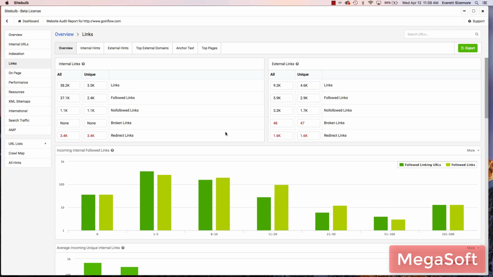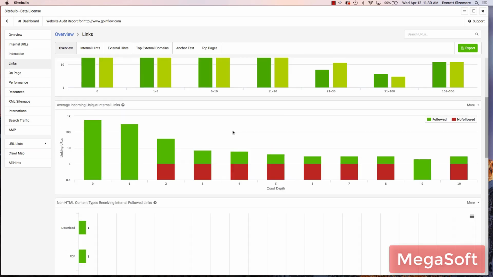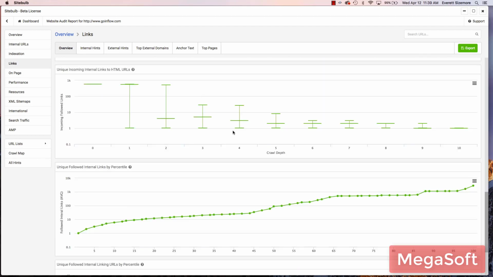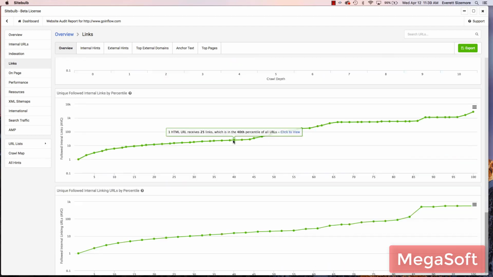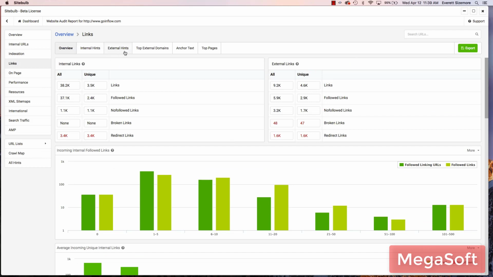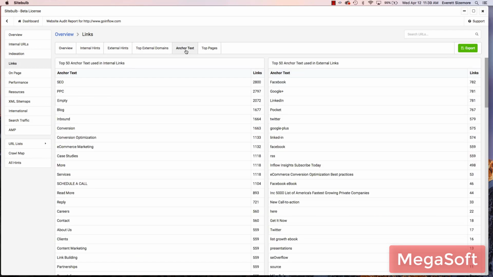You can look at link metrics for internal links as well as external links. A few different ways of looking at it. I like the percentile view here. It's pretty neat. You can also do anchor text,